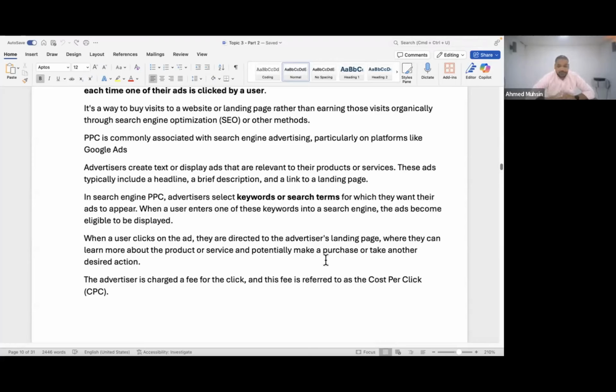They are directed to the advertiser's landing page, where they can learn more about the product or service and potentially make a purchase or take another desired action. The advertiser, the company that's placing the ad, is charged a fee for this click. Everyone okay with this? So far I have given you all two